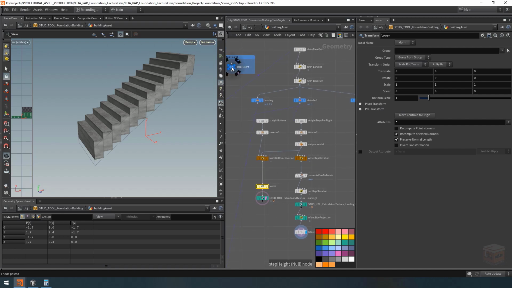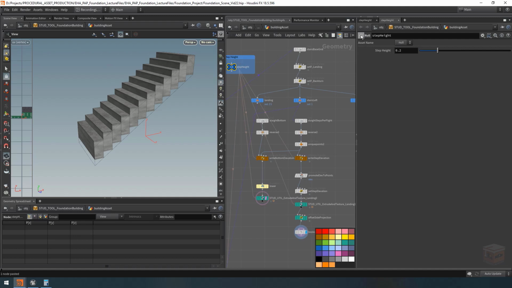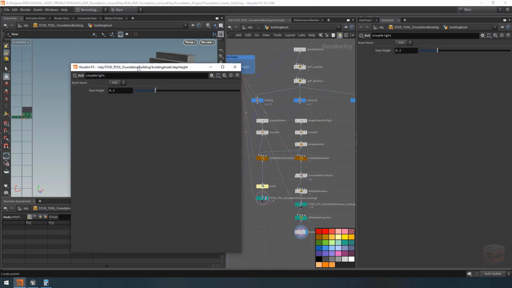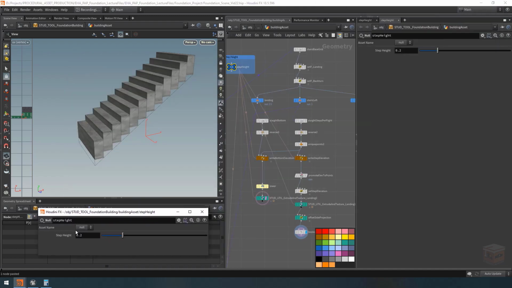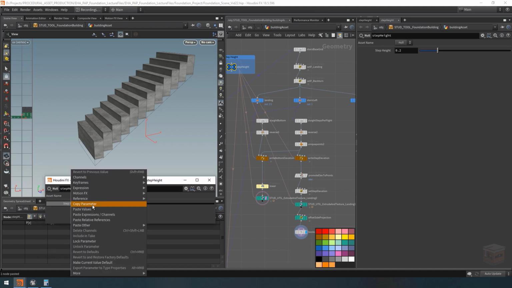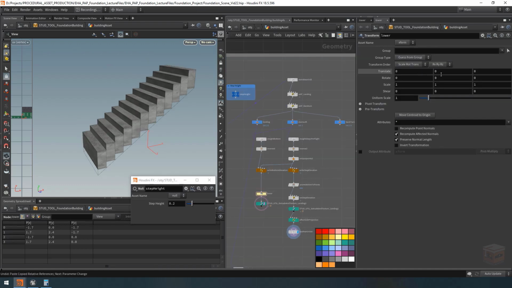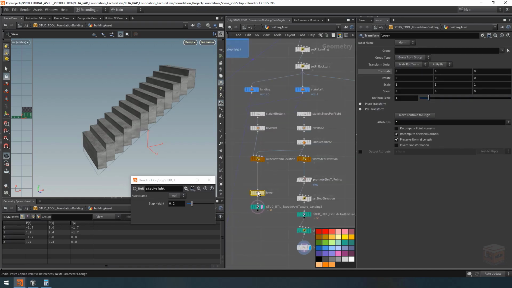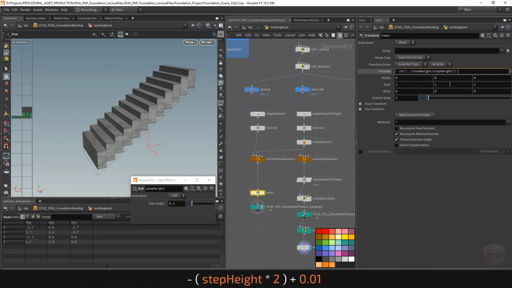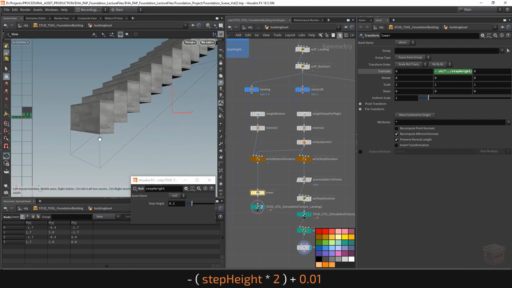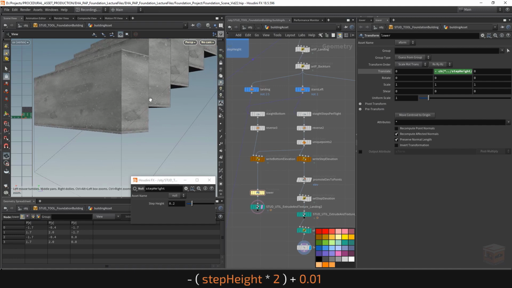Let's grab our step height. I'm actually going to pull this out as a parameter so I can grab from it easily. Let's say we copy that. And then let's copy the step height into our transform node over here into translate y. I'm then going to take that and let's subtract this value times 2. If I do that, then it will now place itself at the bottom of our shape, right at the bottom,